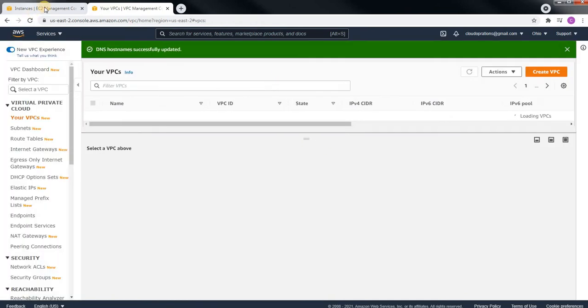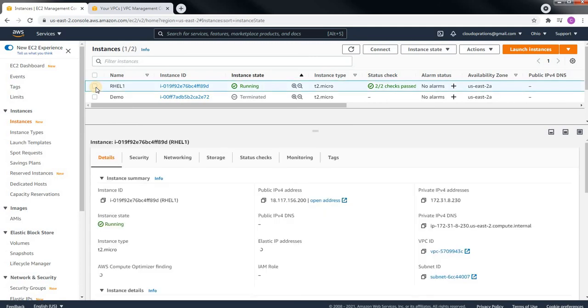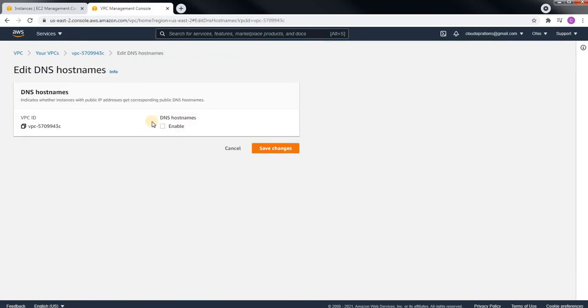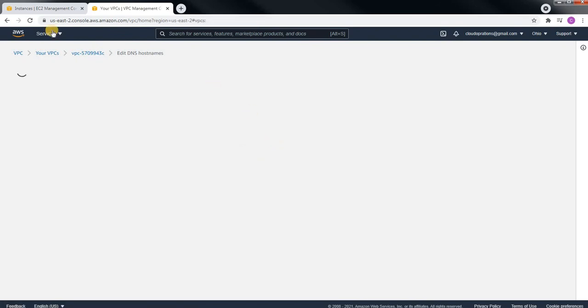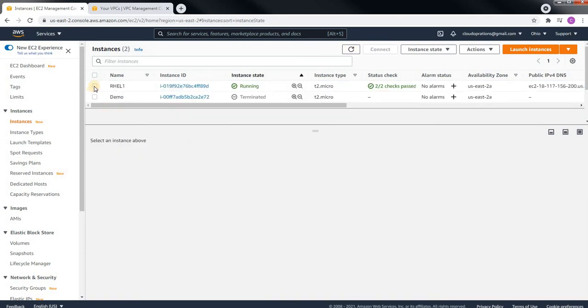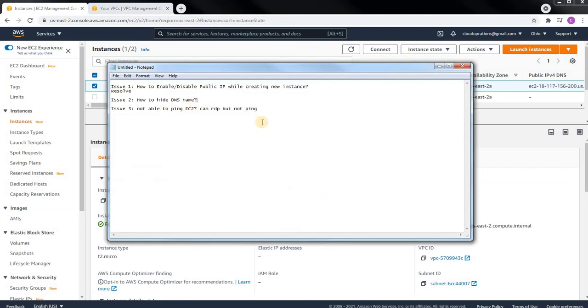Click on save, come back here and refresh. Now you can see the DNS name is gone. Let's enable this again, as I want it for my future troubleshooting. Now go back and refresh. You saw it, right? So our second problem statement, how to hide or show the DNS name, is done.